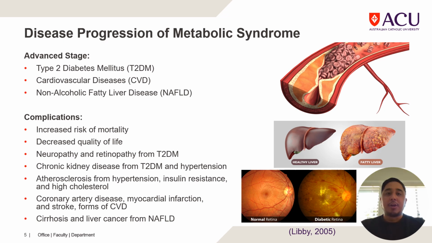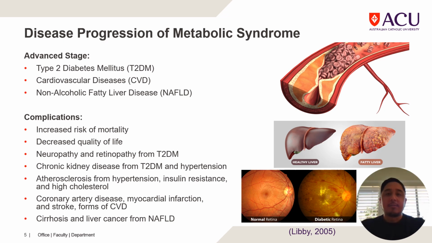These include type 2 diabetes due to chronic high blood sugar levels, cardiovascular diseases, which include an increased risk of heart disease, stroke, and atherosclerosis, and also non-alcoholic fatty liver disease, which may progress to cirrhosis or liver cancer due to fat accumulation in the liver. Complications of this disease progression include an increased risk of mortality due to factors such as heart attacks, strokes, or liver failure, decreased quality of life, neuropathy and retinopathy, chronic kidney disease, atherosclerosis, coronary artery disease, myocardial infarction and stroke,